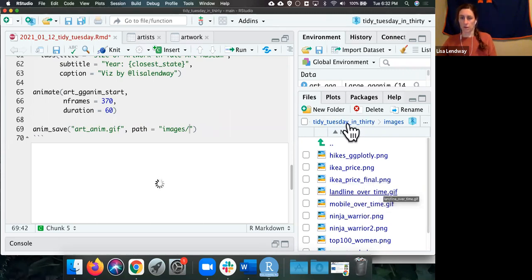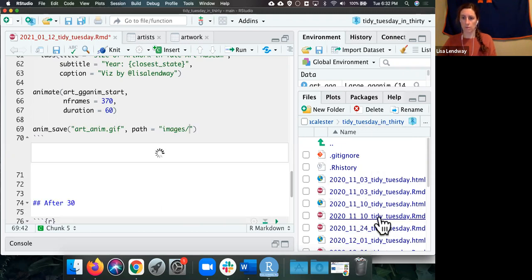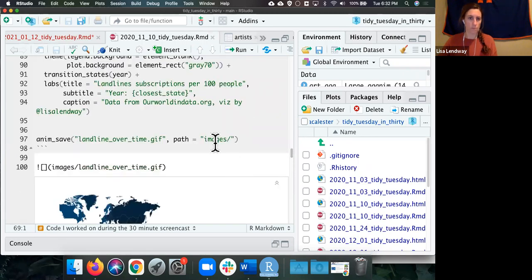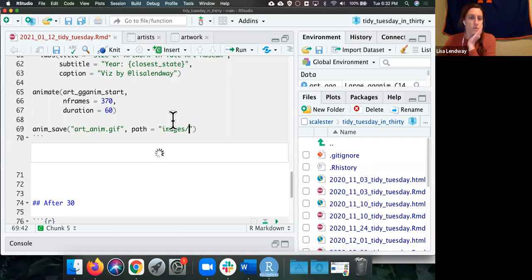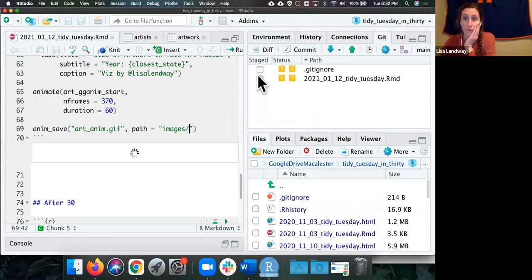I might just check. I know I have 2 other GIFs in here. I want to see if I think that's how you write the path, but I want to make sure. This one? Yep, okay. Great. Well, now we just get to sit and wait, which is super exciting. I mean, I am truly excited to see the results, but maybe while I'm waiting, I will quickly push this out to Git,